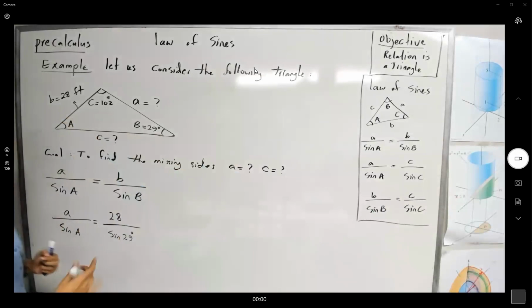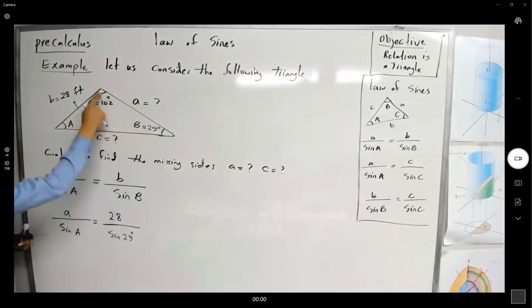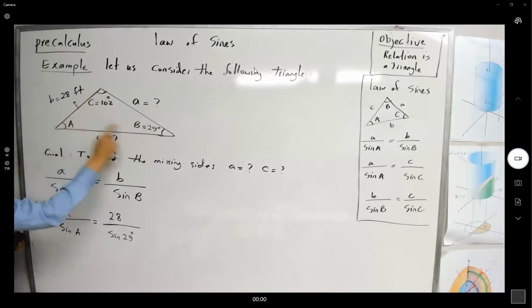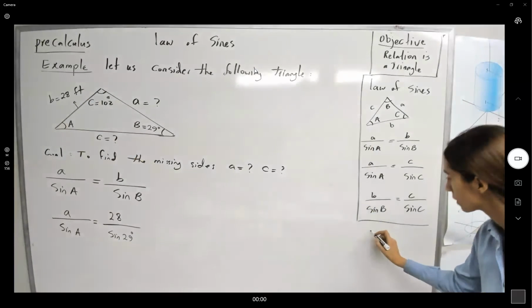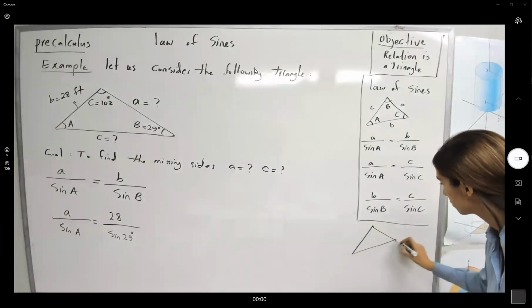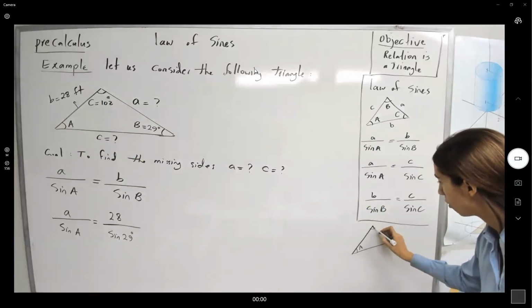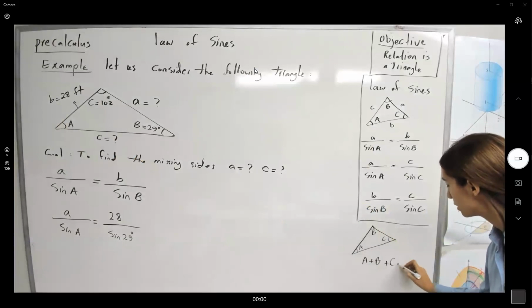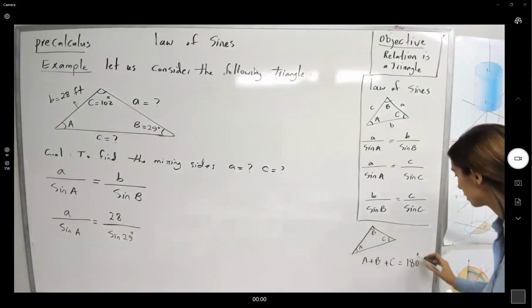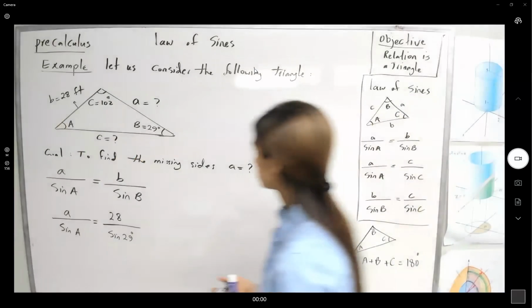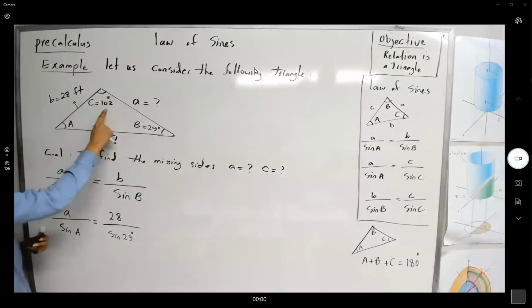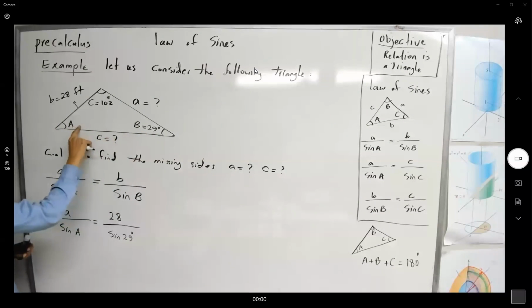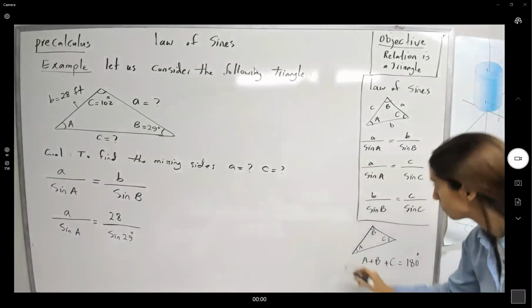Is there any way that we can find the angle A? Here you have a triangle, and the sum of all angles must be 180 degrees. So if you have a triangle, and if you add all of these angles together, the sum is equal to 180 degrees. I have my C. I have my B. Can I find A? So A is equal to